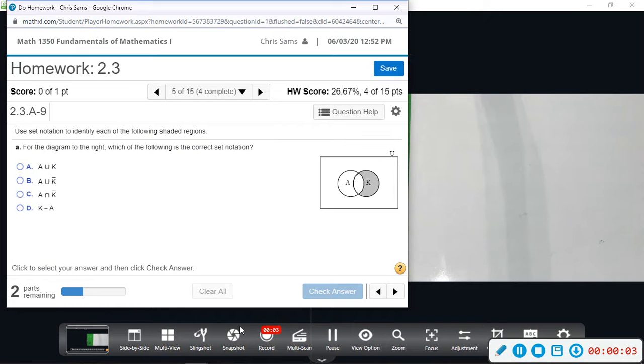All right, number 5. We have a diagram given, and we want to know which is the correct set notation for the picture that we see. Okay, so